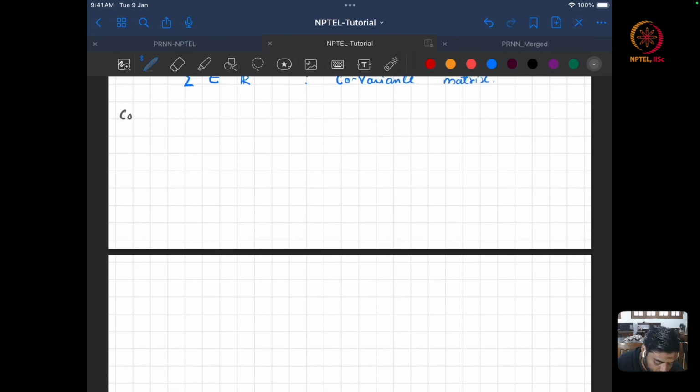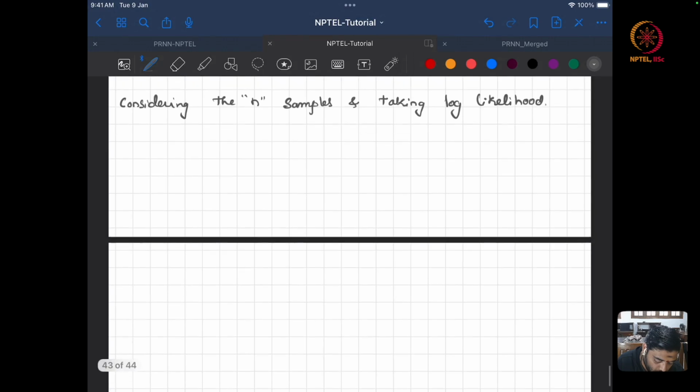Now, considering the n samples and taking log likelihood, what it will be now, this is j equals 1 to n ln of